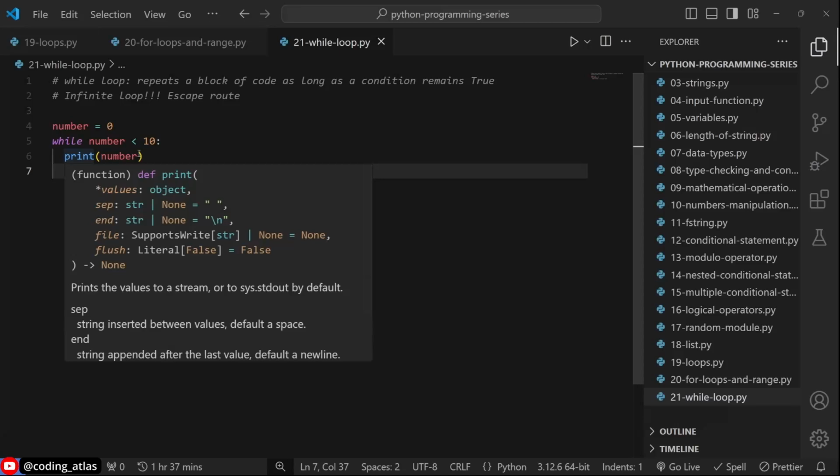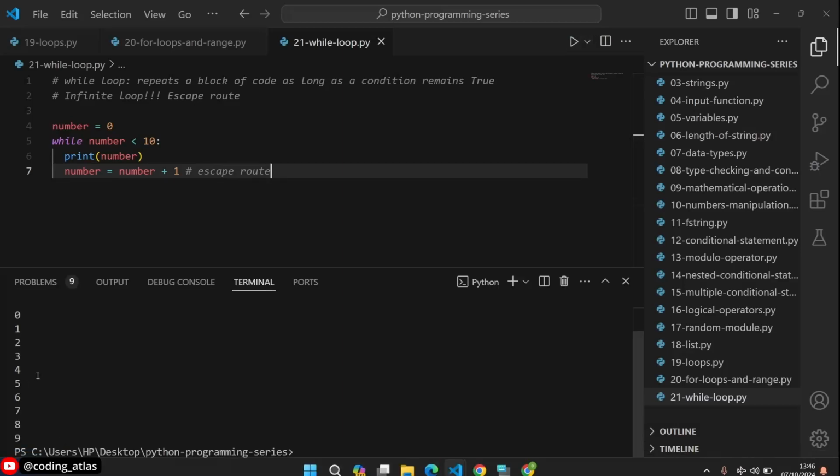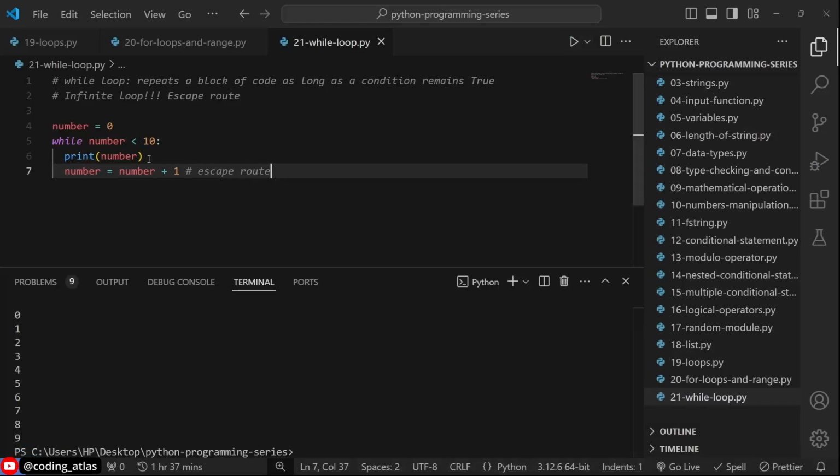At first, our number is going to be 0, it's going to be printed. And after printing, number is going to be increased by 1. So if we run this now, we have from 0 to 9 printed. Since we said as long as number is less than 10. If you say number is less than or equal to 10, so 10 is going to be inclusive in our